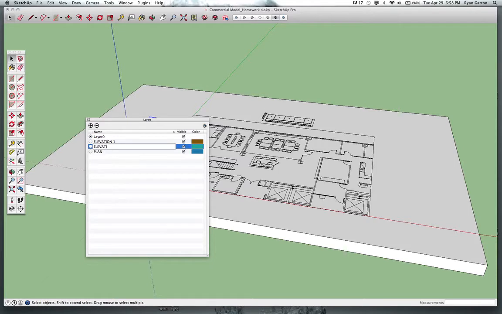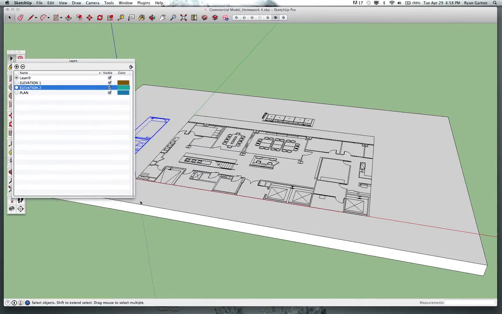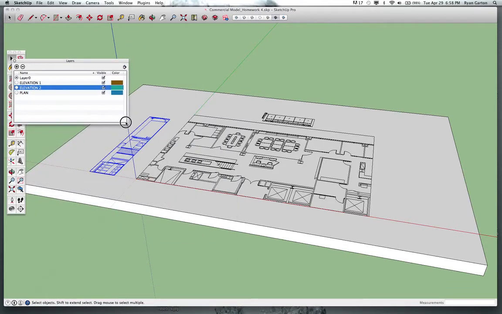It's actually probably better if I put Section, but I've already started this. So let's just go ahead and say Elevation 2. So I've got Elevation 1, 2, and Plan. Now, what that has done is given me, I'm going to leave this window up, all the new layers that I want to use, but I haven't actually put anything on a new layer yet. To put something onto a new layer, I have to actually